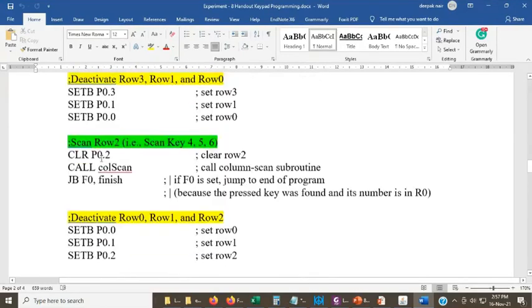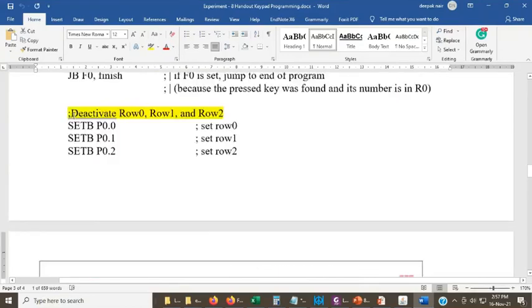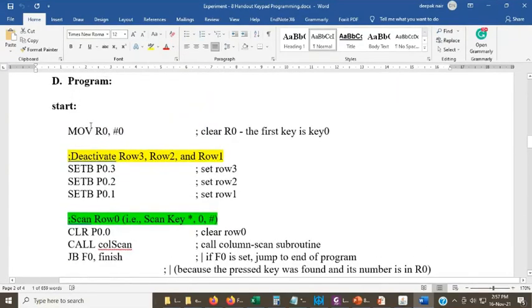Remember, here the program is jumping to finish this particular part. No, from here you just jump to start again, so that you can keep on scanning the keyboard. If the key is pressed, your subroutine will be activated. If not, then your display will be off.